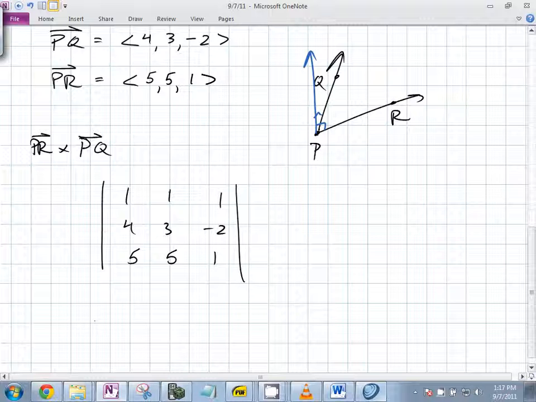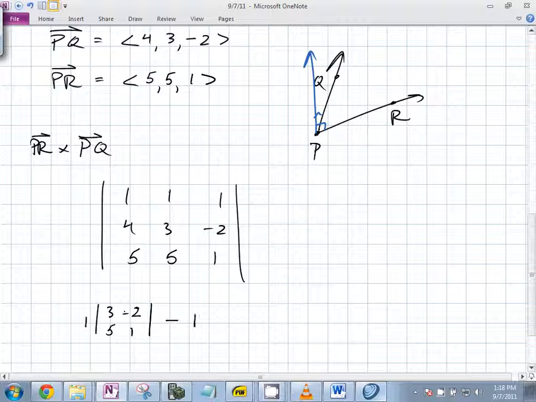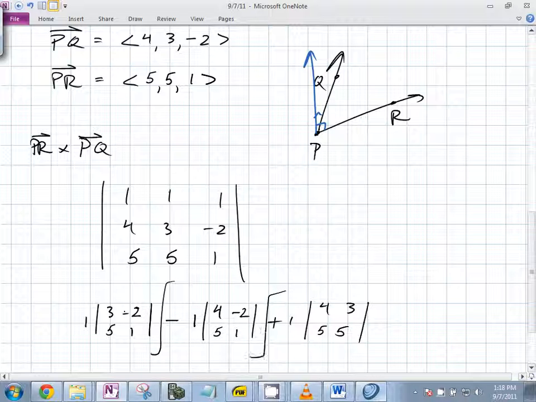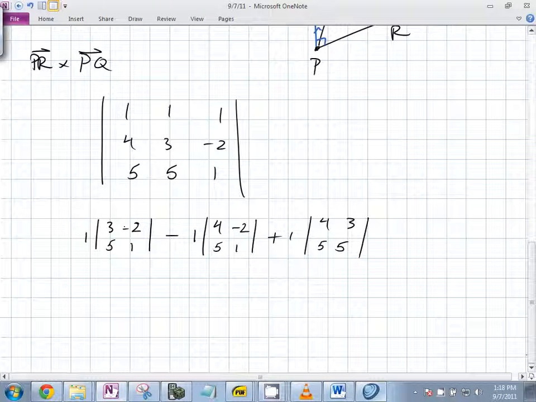So we're interested in 1 times the determinant of 3, -2, 5, 1, minus 1 times what? 4, -2, plus 1, 4, 3, 5. And we're kind of breaking these up into separate components, right? I was just breaking it apart. So it's going to be 1 times 3 minus -10